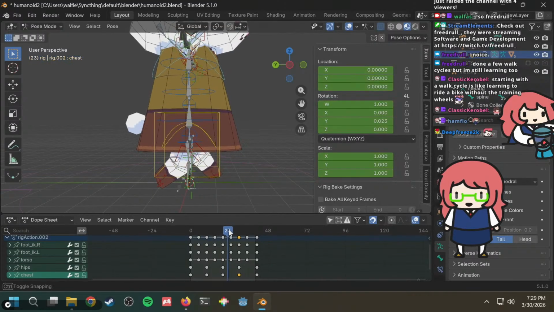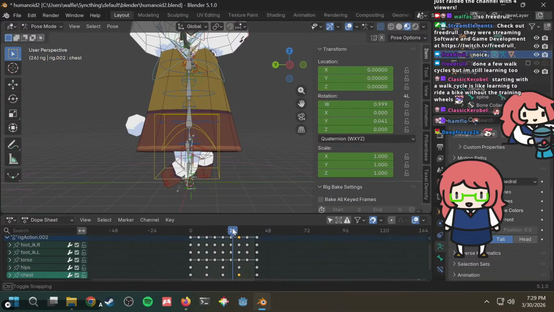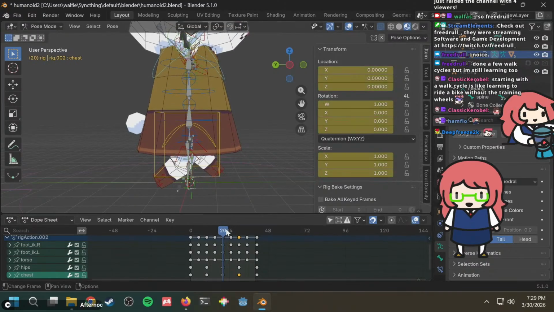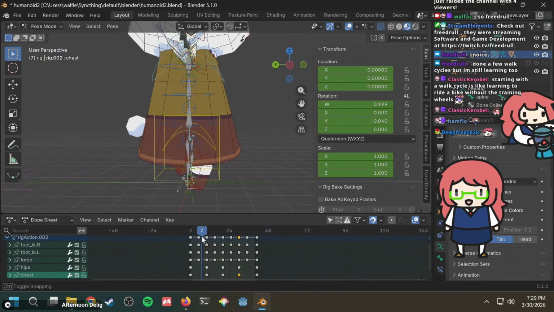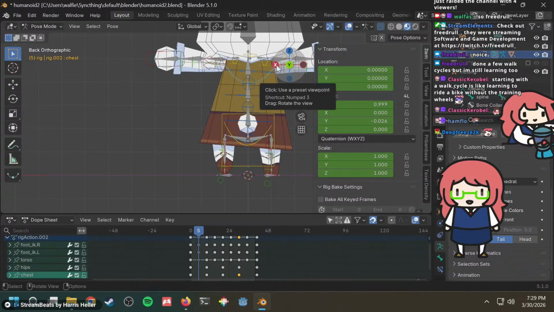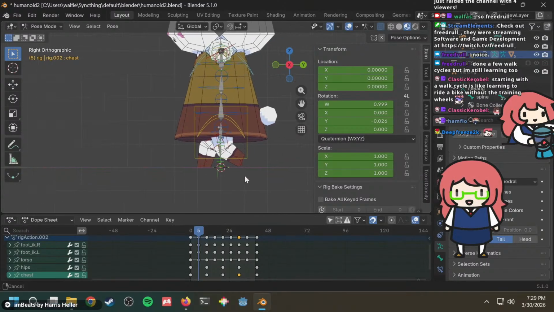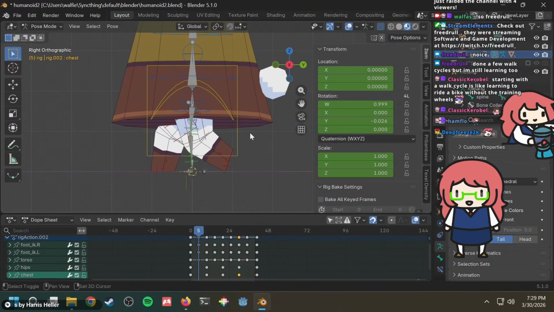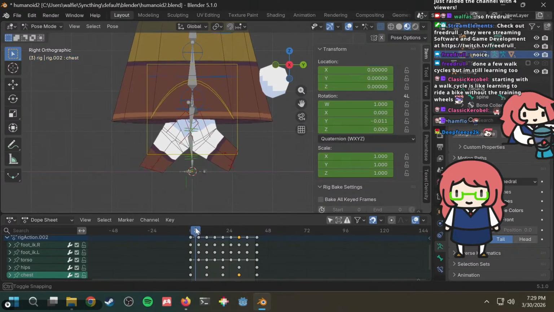Yeah, okay, the difference between this one and this one is not enough for this leg. So I would need to move that leg slightly more. It's from here to here.